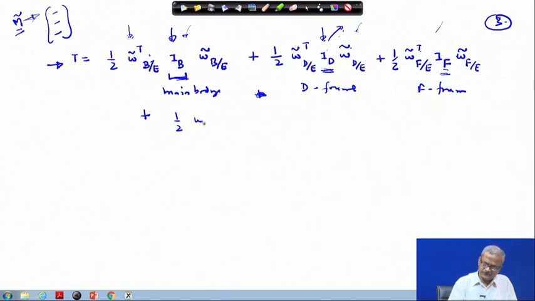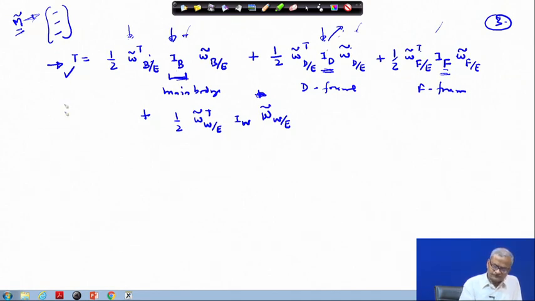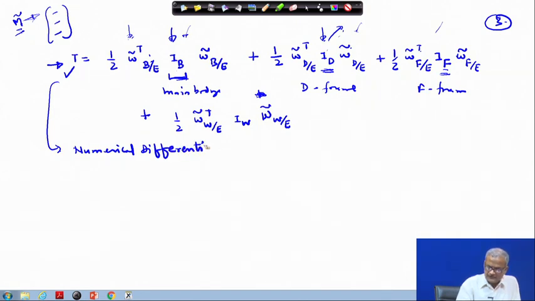So, 1 by 2... calculate this quantity and then take its numerical differentiation to get T dot. And also T dot will be equal to